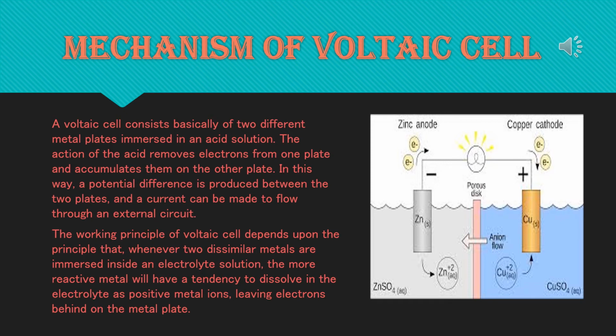In solution, dilute sulfuric acid is ionized into positively charged hydrogen and negatively charged sulfate ions, that is H2SO4 dissolves into 2H plus and SO4 minus ion, cation and anion. So when copper and zinc plates are dipped in the acid solution, zinc ion from zinc combines with sulfate ion to form zinc sulfate. See the diagram, zinc sulfate is forming, or ZnSO4. As a result, zinc plate becomes negatively charged.